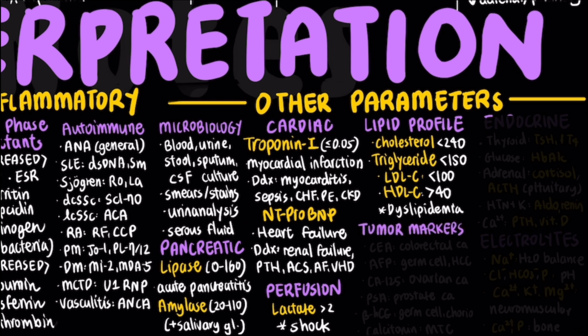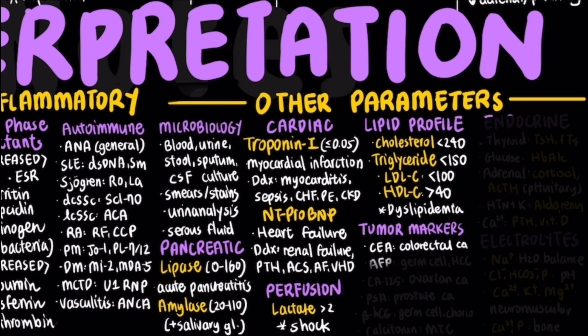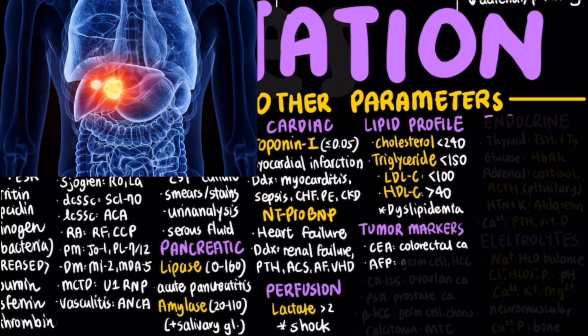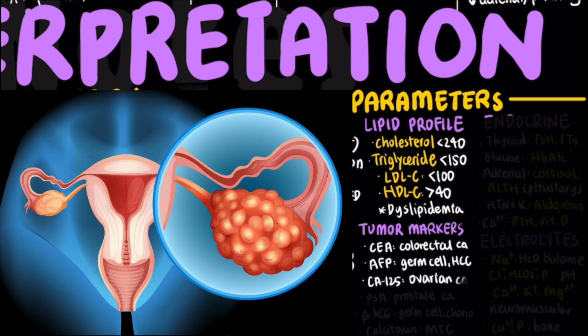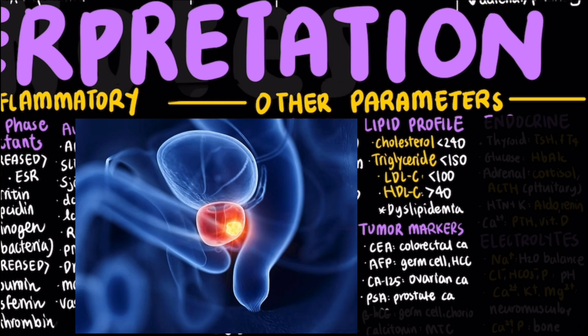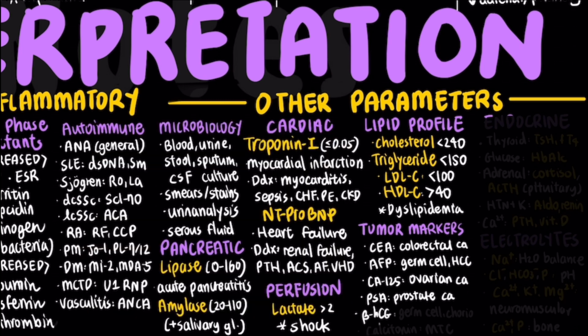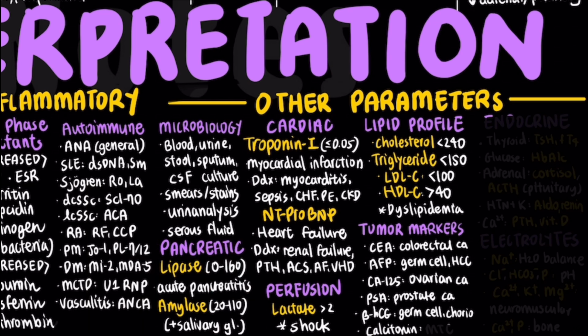Tumor markers are substances that are produced by cancer cells or by the body in response to cancer. Some examples include CEA, or carcinoembryonic antigen, which is elevated in colorectal cancer, AFP, or alpha-fetoprotein, which is elevated in hepatocellular carcinoma and germ cell tumors, CA125, which is elevated in ovarian cancer, PSA, or prostate-specific antigen, which is elevated in prostate cancer, beta-HCG, or beta-human chorionic gonadotropin, which is elevated in germ cell tumors and choriocarcinoma, and calcitonin, which is elevated in